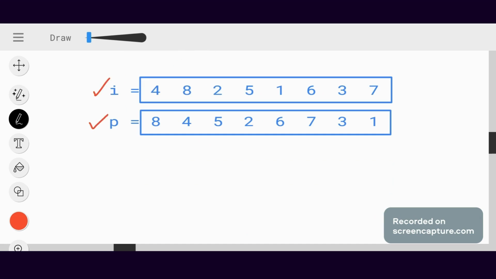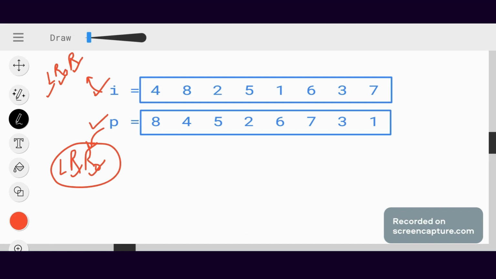So let's see how we can construct the binary tree using my in order traversal and this post order traversal. What does in order traversal follow? It follows left, root and right. That means the left part is traversed first, then the root node, then the right part. Similarly, what does post order state? It follows left, right, root node. It traverses the left part first, then the right part, then at last the root.